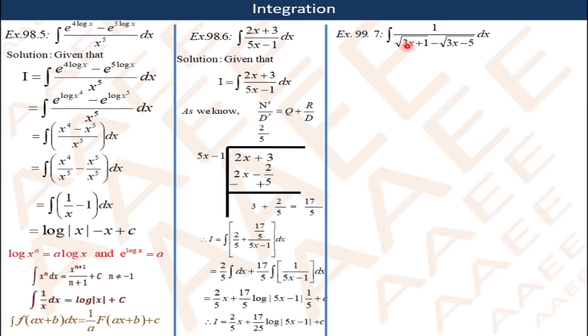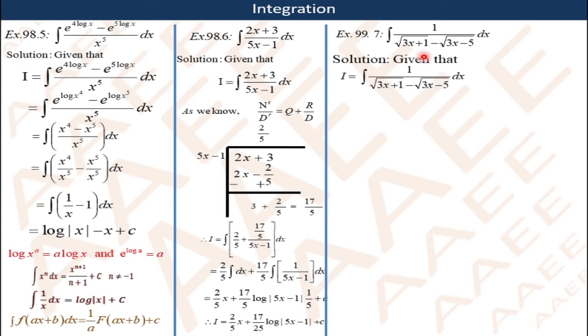So if you take the square of this one and the square of this one, this term and this term will vanish. To take the square of this one, we are supposed to use rationalization, that is, multiply numerator and denominator with the conjugate of the denominator, or the opposite-sign term of the denominator.